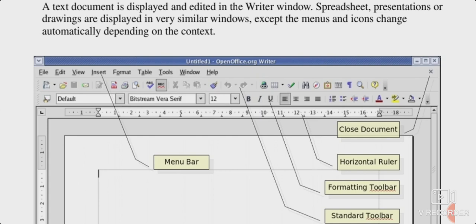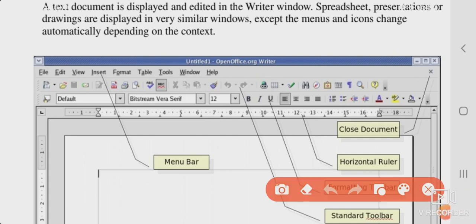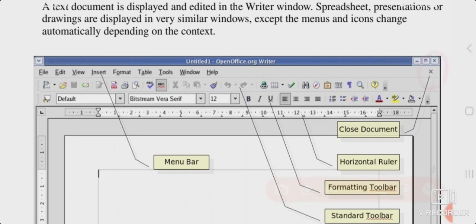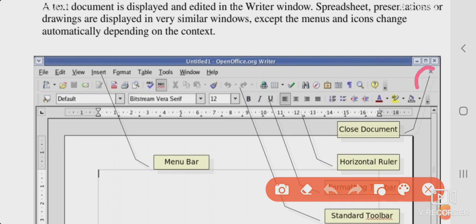With the menu bar, you can access various tools of OpenOffice Writer. Children, here you can see this cross mark, and one more cross mark is there.